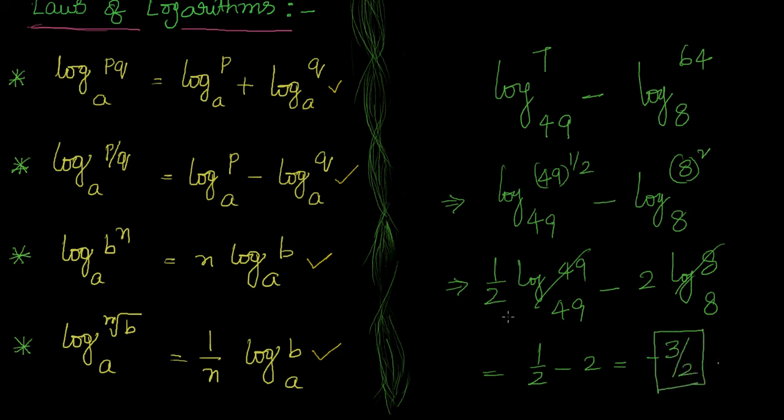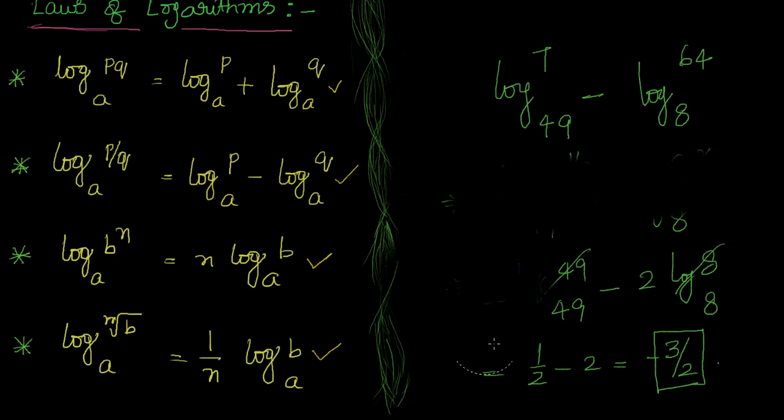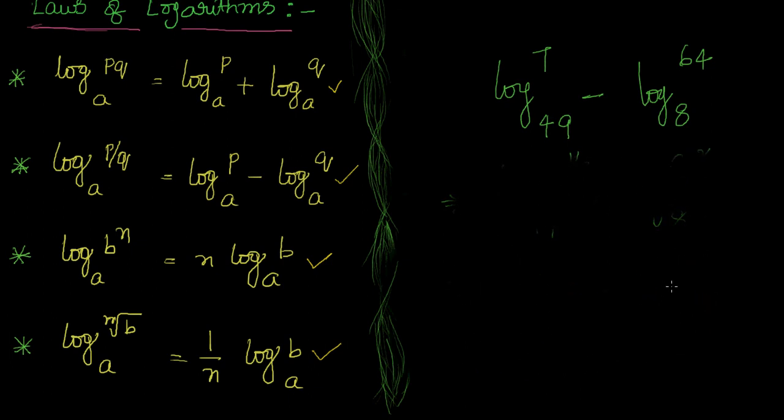Pretty simple. Now if you are okay with this, should I go ahead and tell you how to do it in another way? Okay, you are ready? Okay, let's do it. Now I am going to tell you one important property, that is about the bases. See here, all the problems whatever we have done, I said that by default the base is 10, right? Now if the bases are different, you can actually prove it also. I don't need to prove it to you. You can do it on your own.